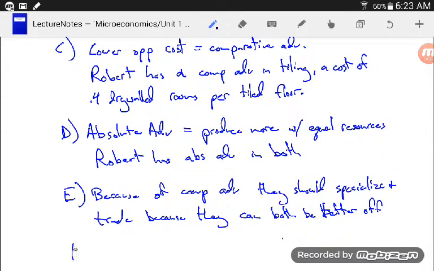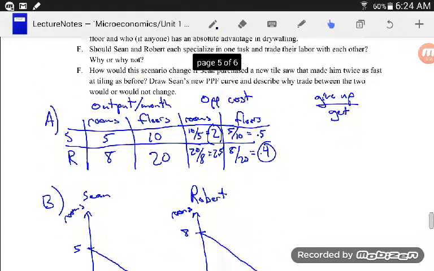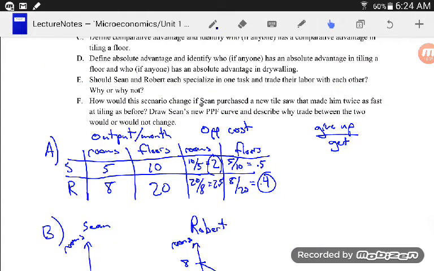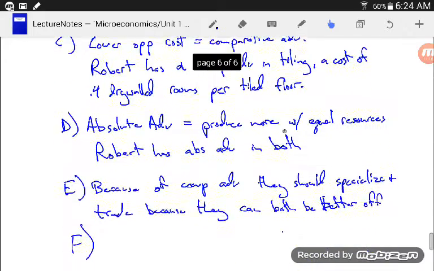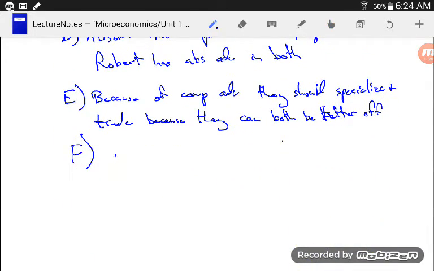And lastly, part F. Last part says, how would the scenario change if John purchased a new tile saw that made him twice as fast at tiling as before? Well, if he's twice as fast at tiling, before he could get 10 floors done, now he can actually get 20 floors done. And so his new curve